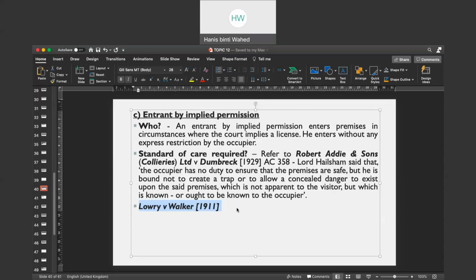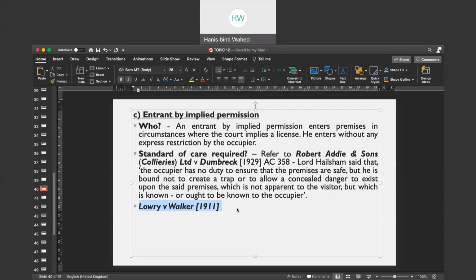Jadi dalam kes ini the plaintiff was crossing the field, he was attacked by the horse and then suffered injuries. Okay. And because of the injuries, the plaintiff brought an action against the defendant. Jadi dalam kes ini, dalam kes Lori Walker ni, very old case in 1911, if I'm not mistaken, in 1911,